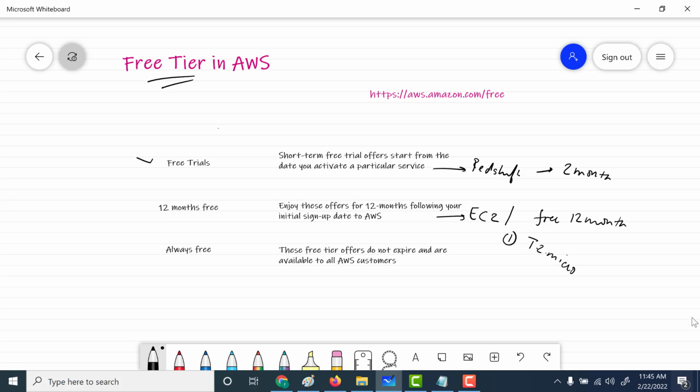first 12 months. Now, there are certain services that are always free. A prime example of this would be AWS Lambda. This particular AWS Lambda can be executed 1 million times per month, and it'll be free of charge forever. So these are the 3 distinct varieties that you get. Now, you can go through this particular link and see all the services and under what particular category it belongs